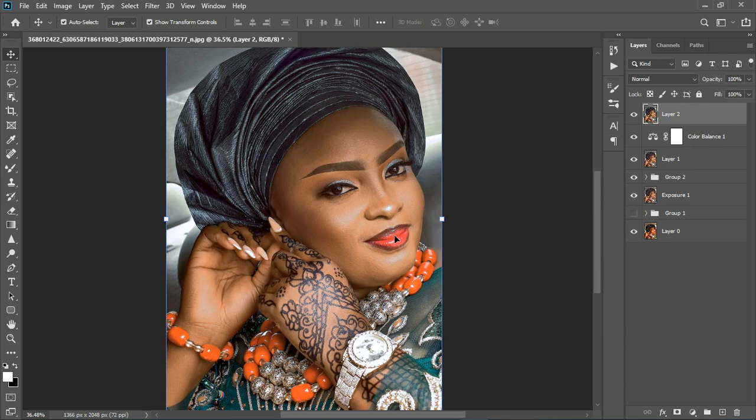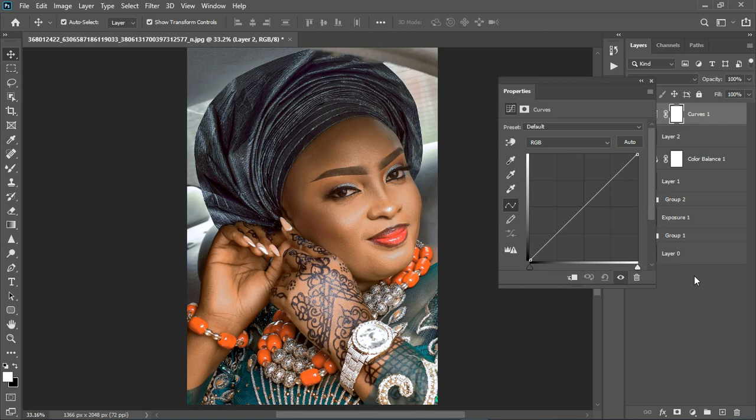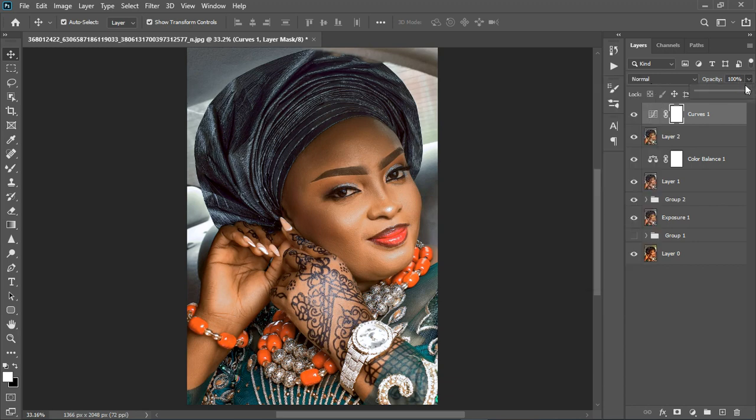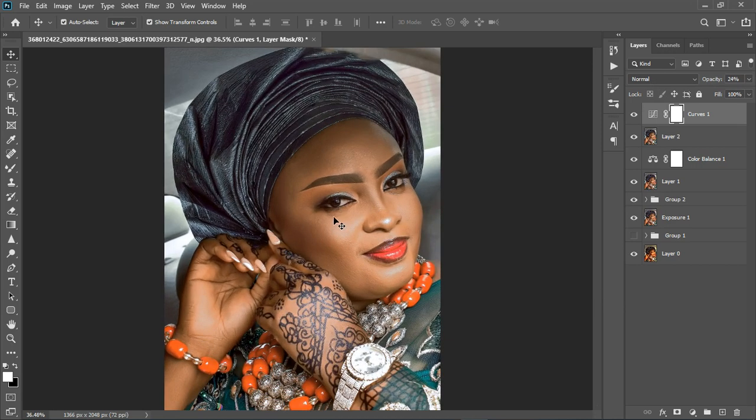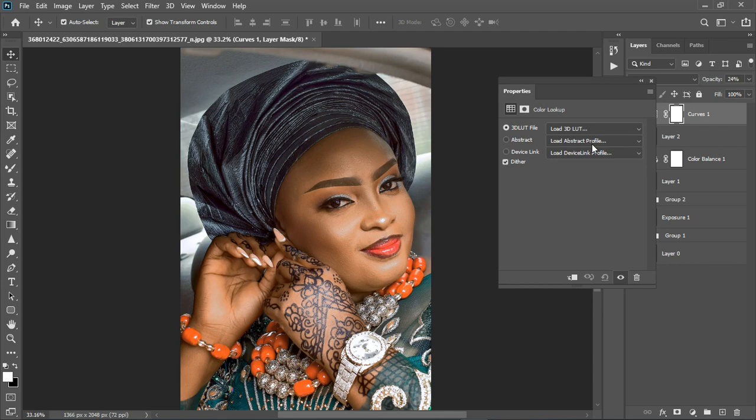So you can do your dodging and burning or whichever one, but let's check it with curves. Let's use the curve and let's see the curve there. Okay, so everything is good. You can create some S curve, this is going up, this is coming down for contrast, and I'm going to decrease that to the extreme. Okay, so now that we have this, one last thing is to add the color lookup